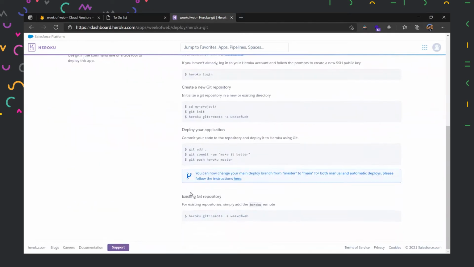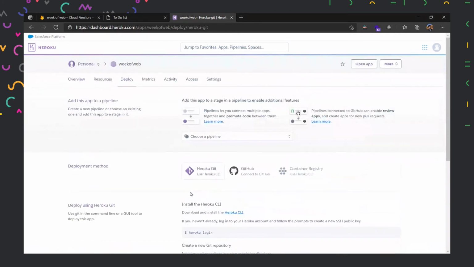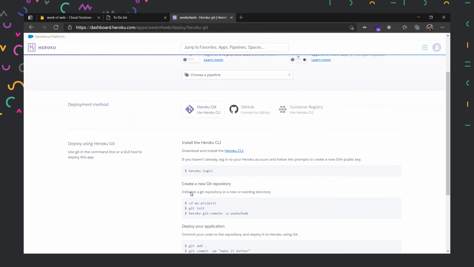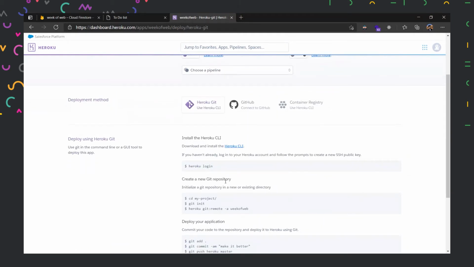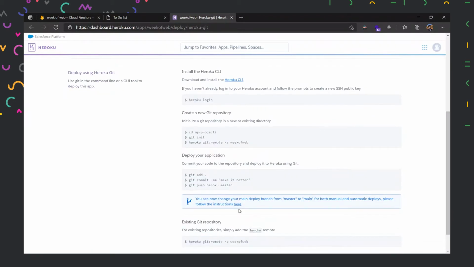This Heroku is completely automated, so we literally don't have to do anything. We just have to link our Git repository and create a remote link to our Heroku repository.